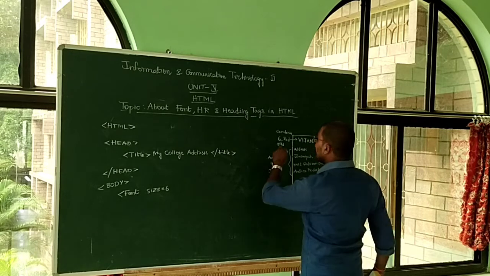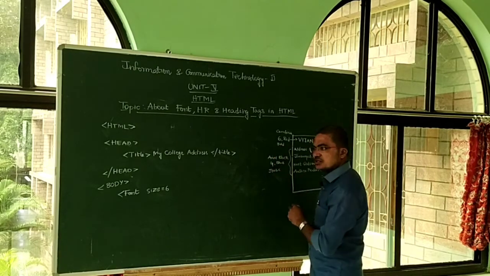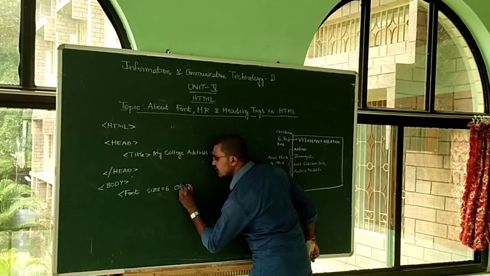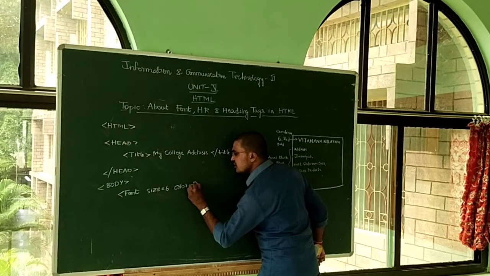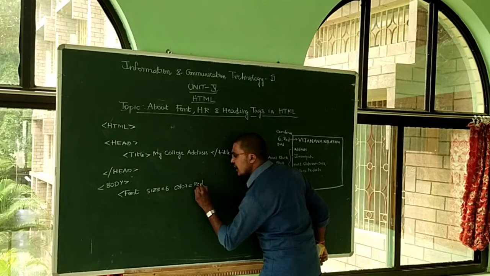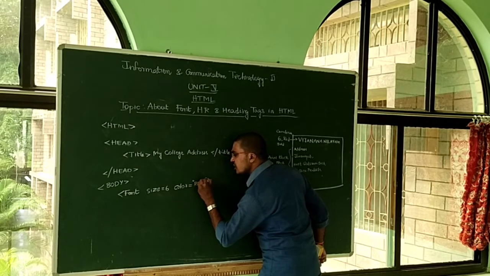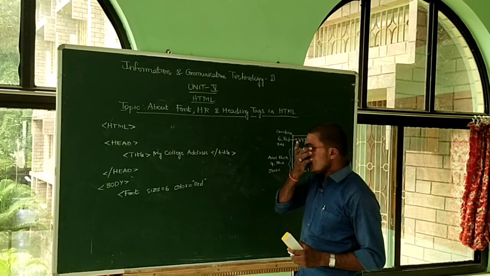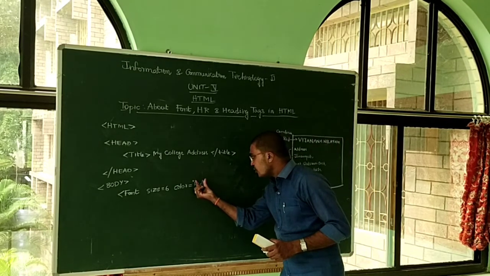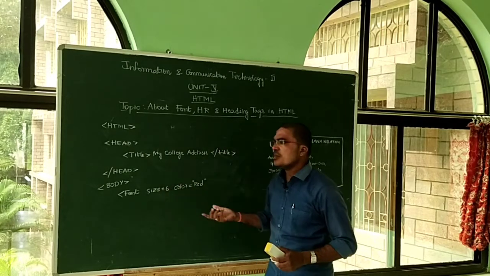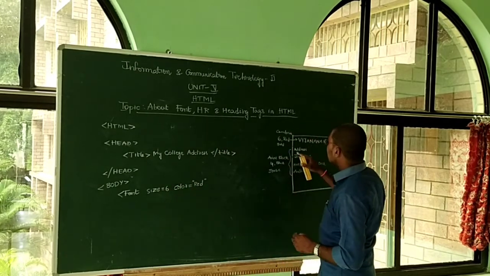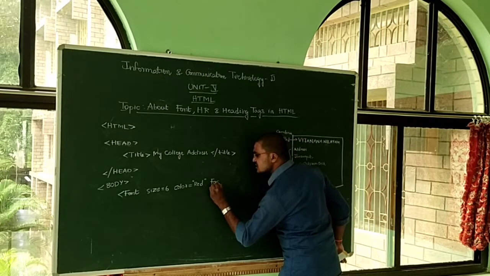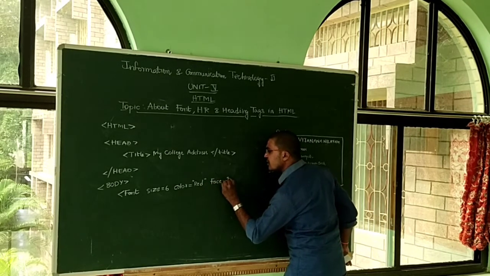Later, what about the color of the text? I want to show color is equal to red, and the text value is always surrounded by double quote marks. Don't forget it, it's mandatory. Text always appears in double quotes, while a numerical value does not need them. And then what about the face? Face means changing the style of the text, that is Cambria.